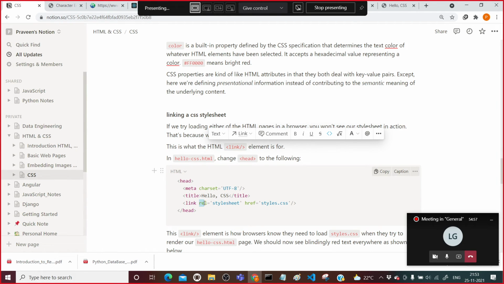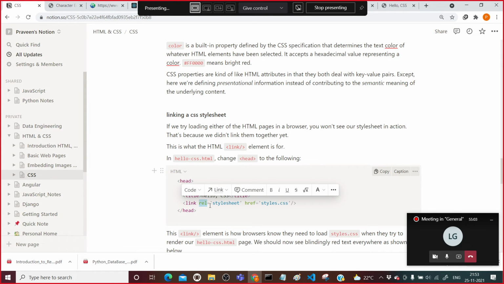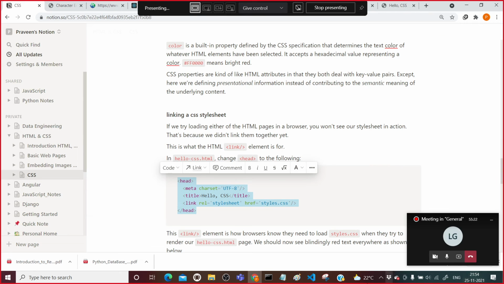This link contains an attribute called rel. The full form of rel is relevant. So the relevant content will be stylesheet, and where you need to go to search that style sheet, you need to refer to the stylesheet.css file. This is what we need to paste in our HTML file.